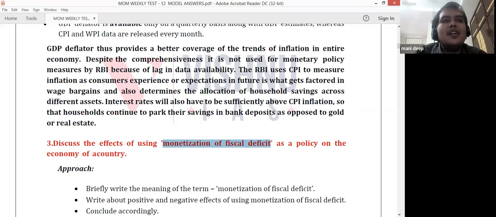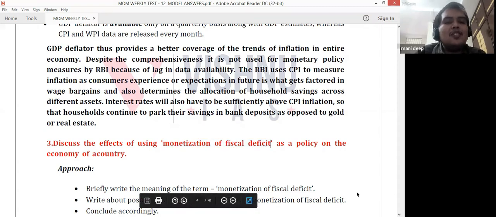One such negative effect is demand push inflation. Everyone has money, so everyone can buy goods, and due to this there will be inflation in the medium and long term. The second thing is regarding the value of currency. If more notes are printed, then the value of currency will be very poor, and we will have huge hyperinflation and the value will drop drastically. This happened in Venezuela and in some Latin American countries. So to avoid that, we should avoid monetization of fiscal deficit.